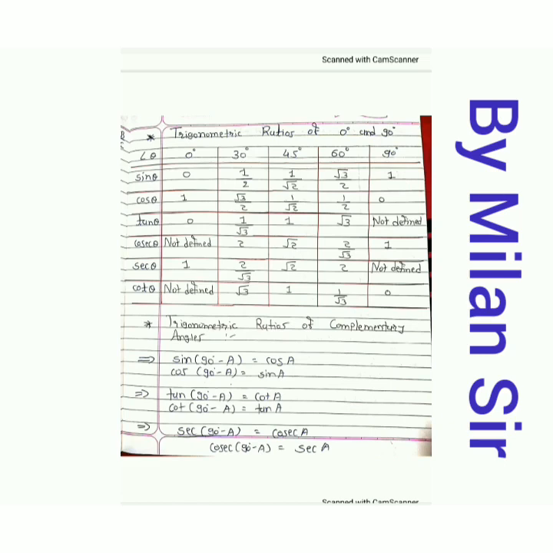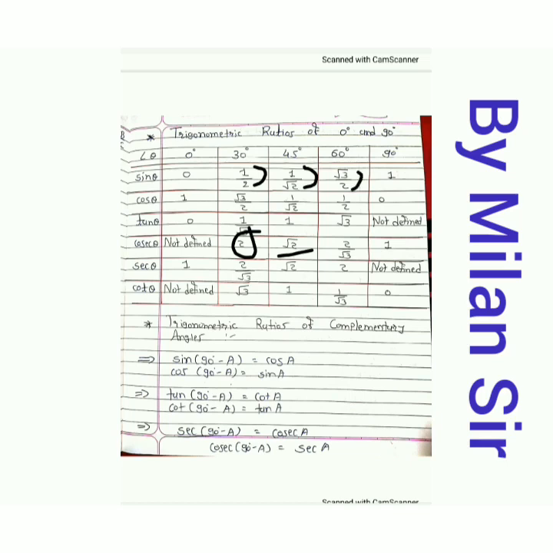Now we know one thing, that is inverse. Cosec theta is inverse of sin theta. So just invert the value of sin theta, you can get cosec theta. Now 0, we can write 0 by 1. Now change the numerator and denominator. That means 1 by 0. But in the denominator 0 is there. That's why not defined. Now for 30 degree angle, change your numerator and denominator. So 2 by 1. No need to write 1 in the denominator. So answer is 2. Same thing in 45. Change the numerator and denominator. Under root 2 by 1. That means under root 2.